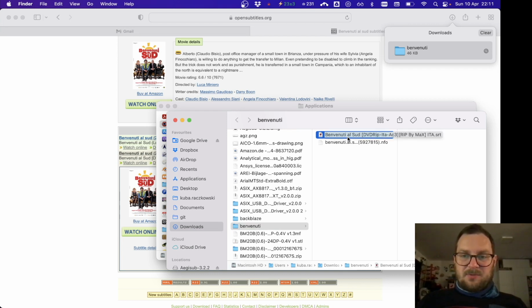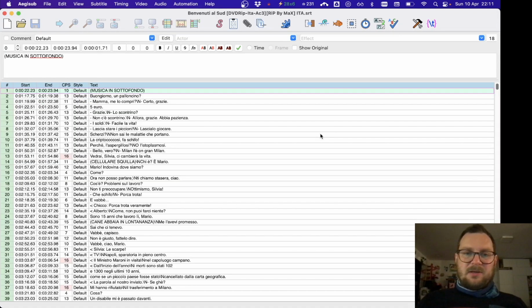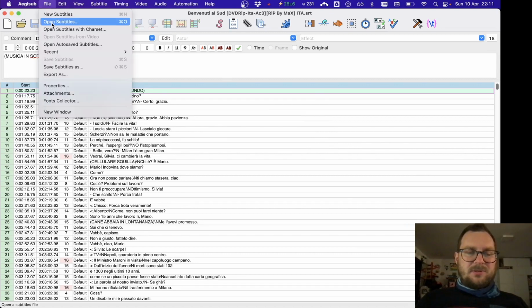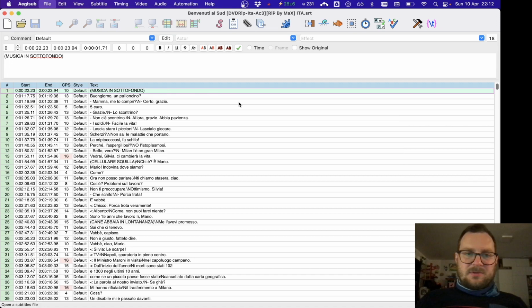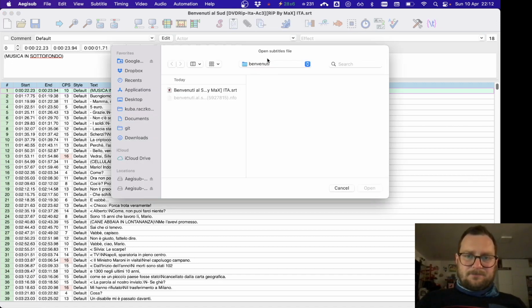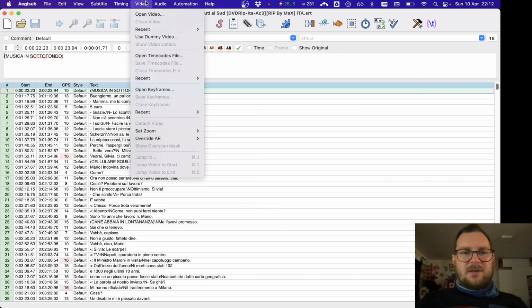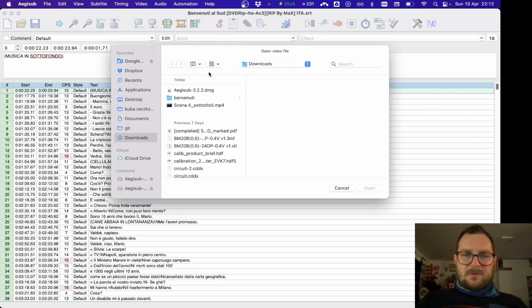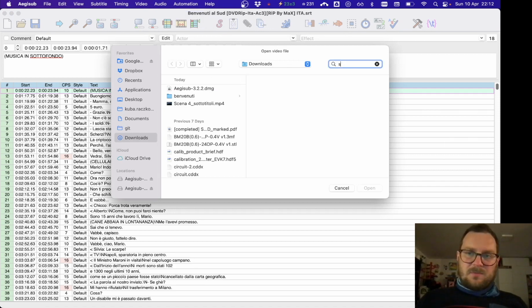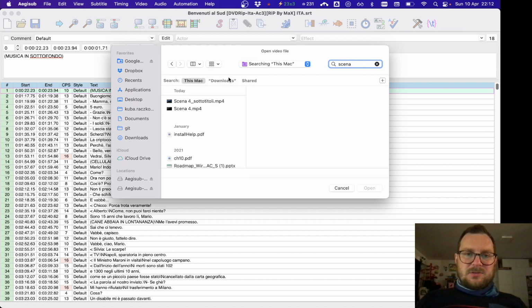Perhaps it will immediately work by just double clicking on the file, so that it will load in our subtitle editor. If not, you can always say open subtitles. Let's do that once again. This is our downloads folder, and we say open subtitles. Second thing that we need, of course, is the video itself. We can do that by saying video, open video, and we find our video, which is called